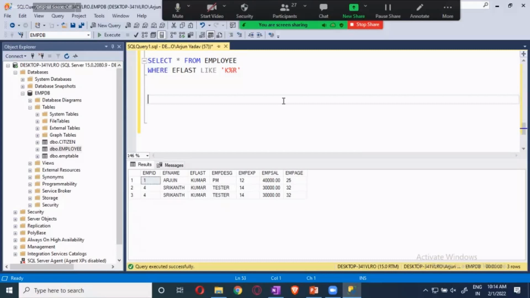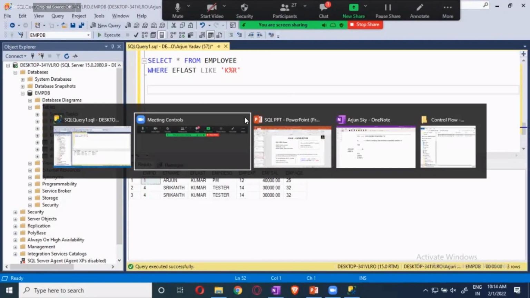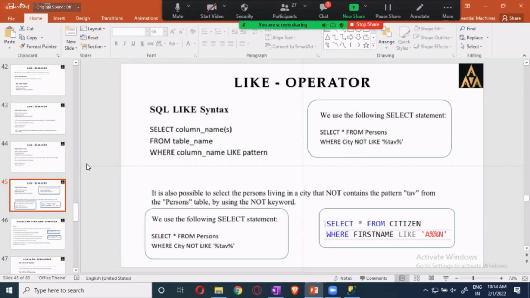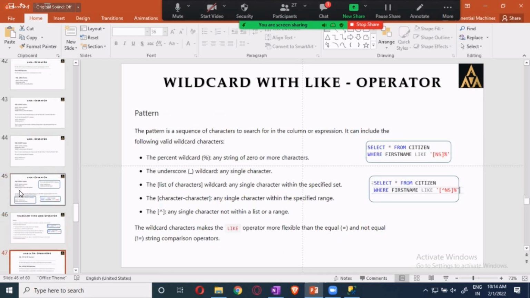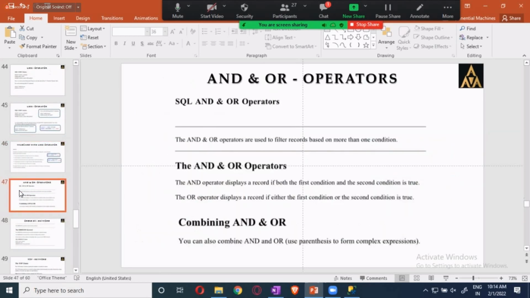So you can do the multiplication between the columns, but that is again stored procedures, and we have to go with tables and subqueries, which is very advanced level. So we don't go there so much. Now let's do the next one, guys. Wildcard is finished. And operator, you know how the and will be working, right? And or.